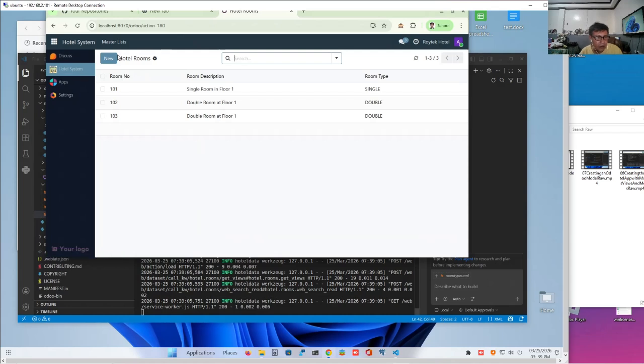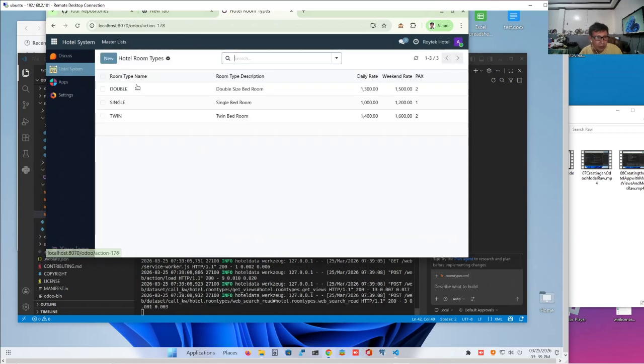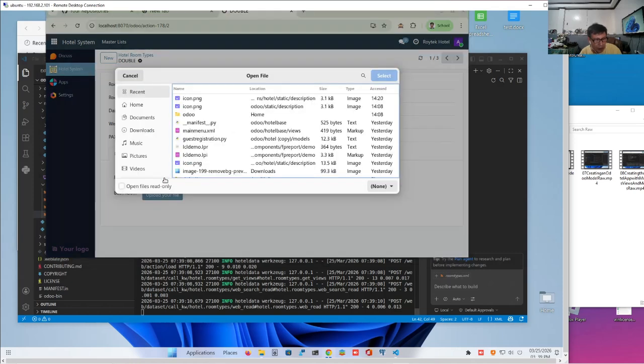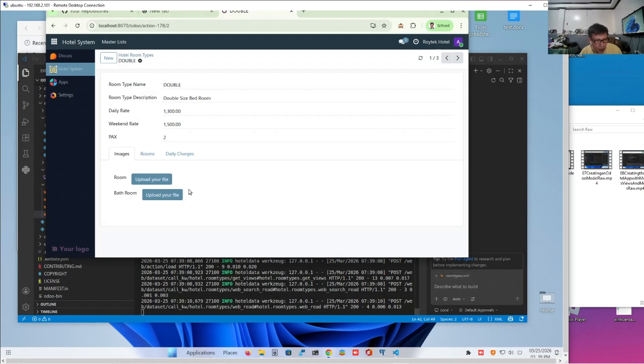Let's go to master list and room types, and click on double. Now we have this without the widget. We can click upload and it will bring us like this. But a widget is better because it will show you the image and supply you with an upload button. The problem with this is you don't see the image at all. So let's put the widget image.